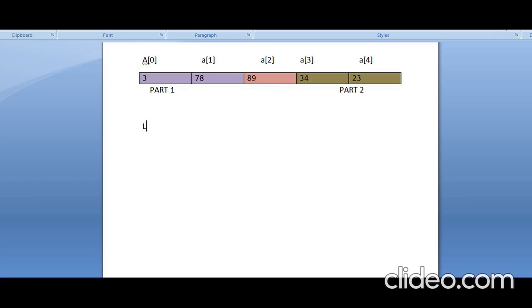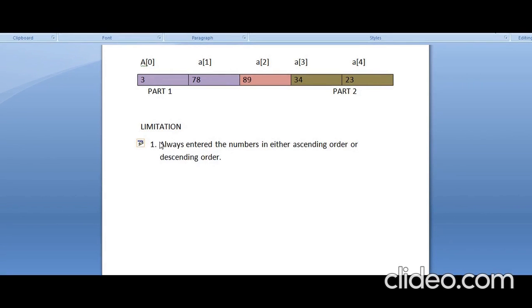Actually, only one limitation is there. You must always enter the numbers in either ascending order or descending order.